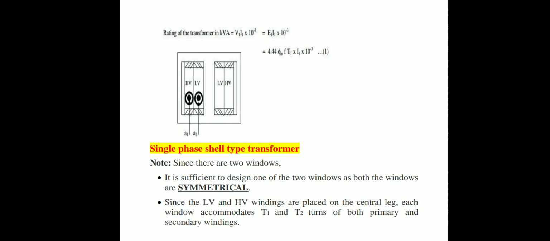Now, rating of transformer in KVA is equal to V1 I1 into 10 raised to power minus 3, which is also equal to E1 I1 into 10 raised to power minus 3, which is also equal to 4.44 phi m f T1 into I1 into 10 raised to power minus 3. We have seen this actually. Now for single phase shell type transformer,